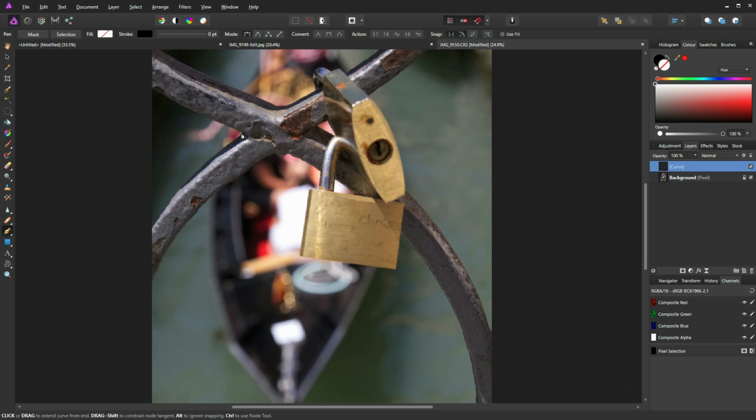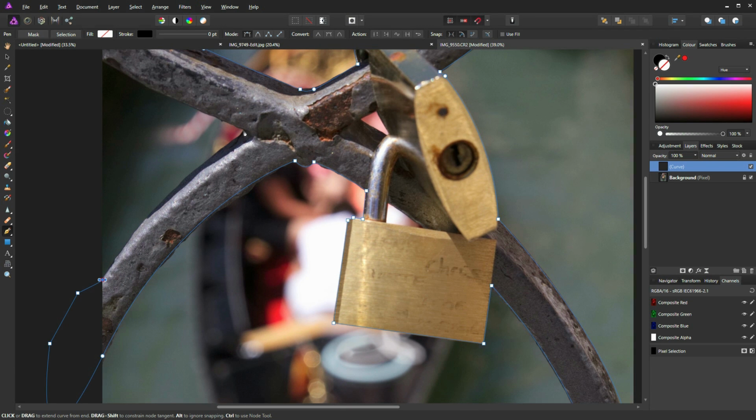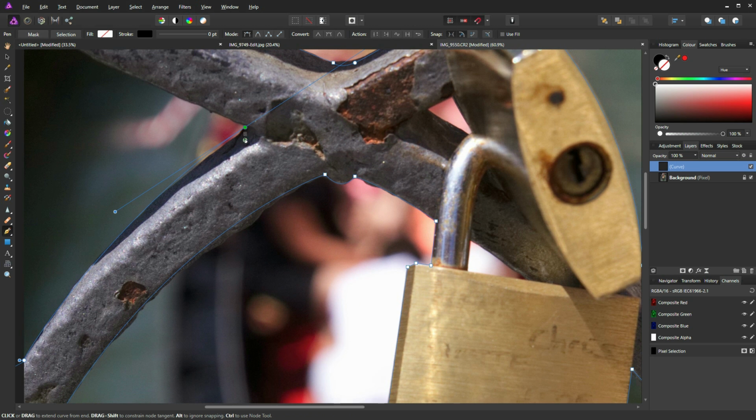scroll in, place a node there, and I know there I went a little bit too deep on my selection, so I'm just going to Control click and drag it back in just to bring it under control, and I'm going to Control click on this curve node just to finesse that slightly,